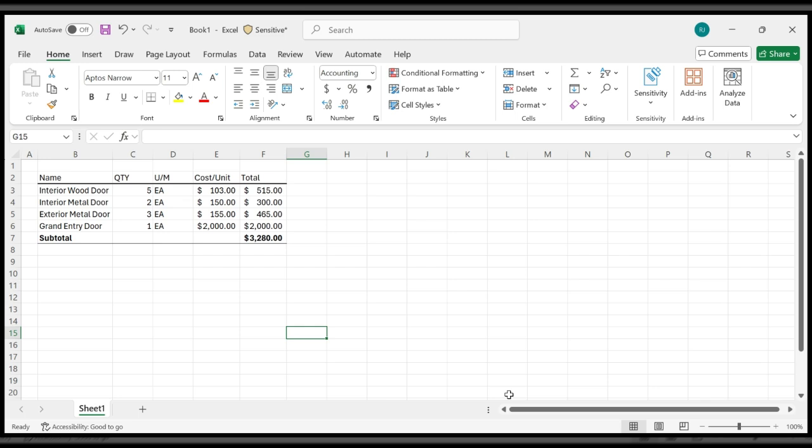Today I wanted to talk about how to add markups and fees to your estimate. If you notice on the spreadsheet, we've got an estimate similar to what we created last time. And so now that the body of the estimate is put together, the cost of construction, we've got to